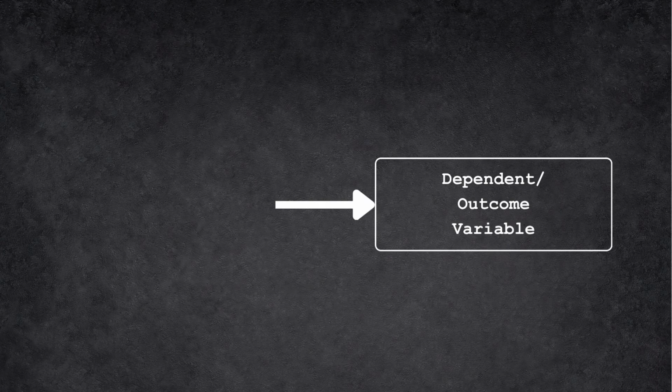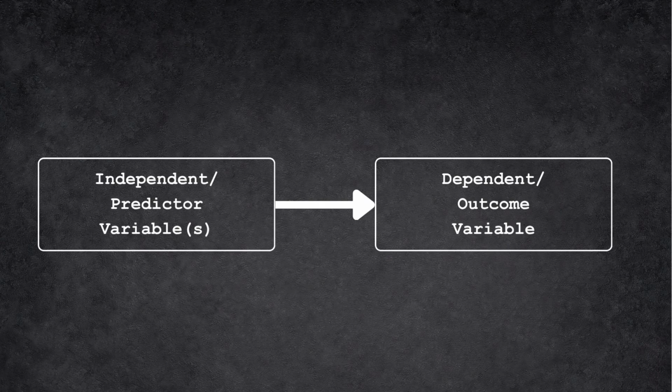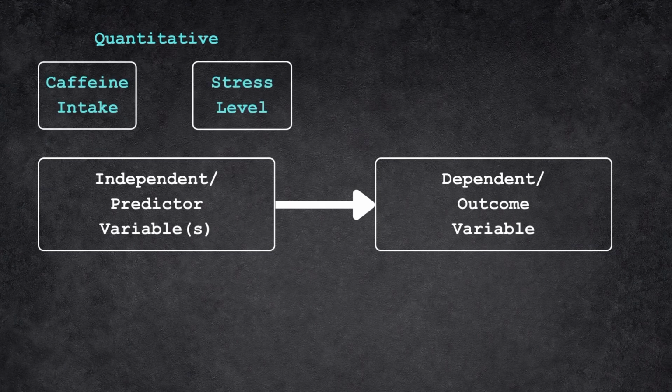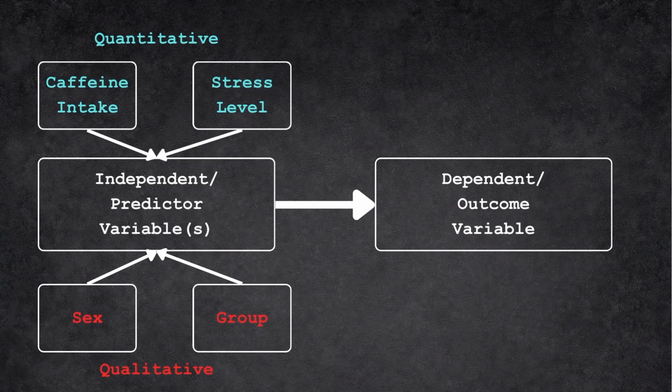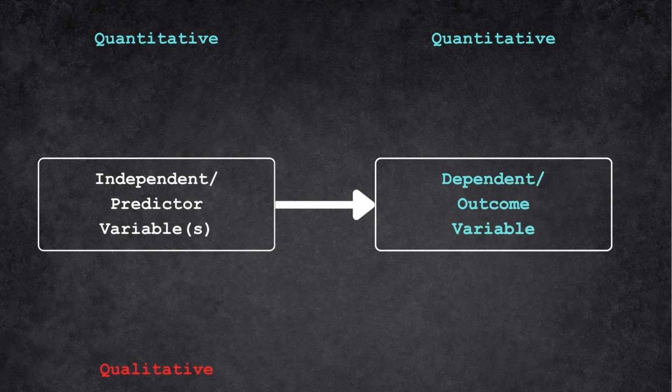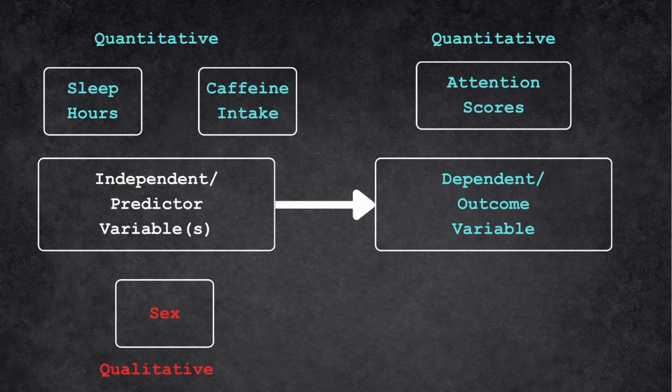That's the outcome you measure. Predictors can be quantitative, like caffeine intake or stress levels, or qualitative, like sex or treatment group. And they can be combined in the same model. But if your dependent variable is quantitative, like predicting attention scores from sleep hours, caffeine intake, and sex, you're running